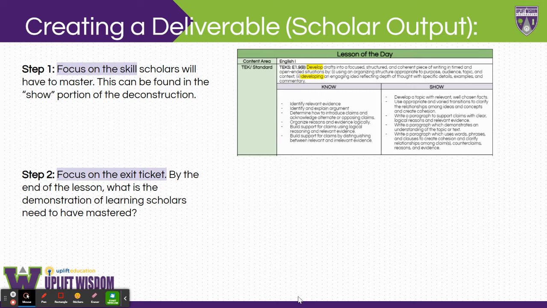So take a couple seconds and think about one of your exit tickets. Okay. Or even one of your homework assignments, just any kind of assessment that you've given scholars. One of your tests, one of your projects, something that they have to output to show you that they grasp a concept. Think about an exit ticket or something. Somebody say one out loud. I had asked my scholars to be able